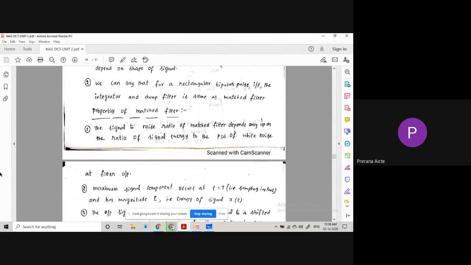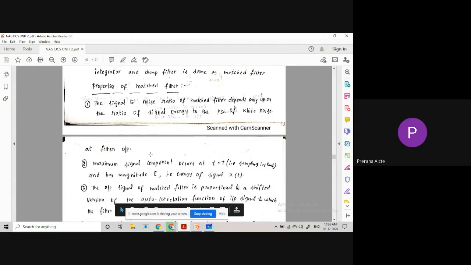Now we'll see the properties of the matched filter. Mainly it has 3 properties. What are those? First one, the signal to noise ratio. What is meant by signal to noise ratio? It is nothing but the ratio of signal power to noise power. It is a parameter to check the performance of a communication system, whether it is functioning properly or not. Both signal to noise ratio as well as probability of error are parameters for checking the performance of